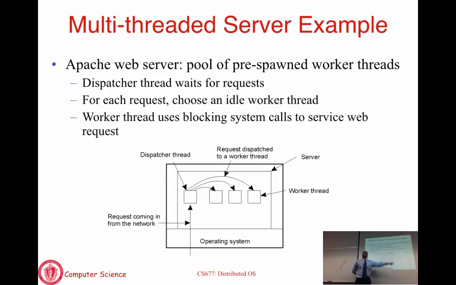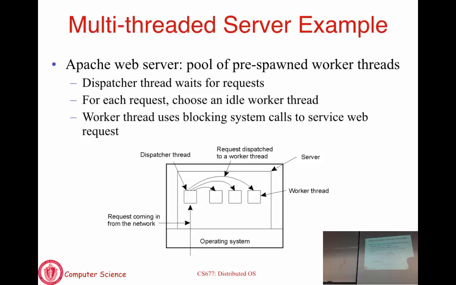You can define how many worker threads you want in a configuration file for Apache. The default is 10. If you don't say anything, the default configuration parameter is to create 10 worker threads. But you can change that value if you believe your website is going to be busy or not. That's the default. Now Apache is smarter than just creating a static pool in that if it sees that